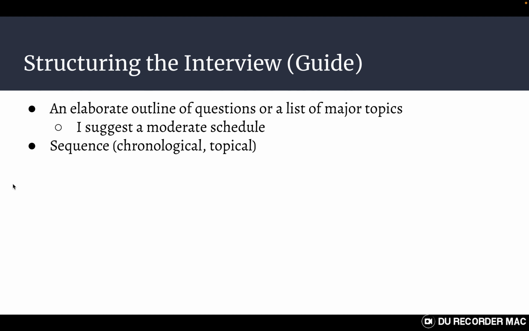Just don't make your questions assembled randomly. You want to make sure that there's some logical thought process behind why you ordered the questions in the way that you did. You want to make all of your questions open-ended. So remember to check, once you write out a question, can I answer this question with a yes, no, or just a simple one-word answer? And if you can, then you want to change the wording of the question to make it more open-ended to get them to talk more.